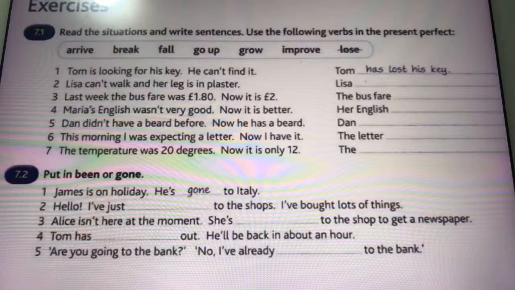This morning I was expecting a letter. Now I have it. Okay. So, the letter